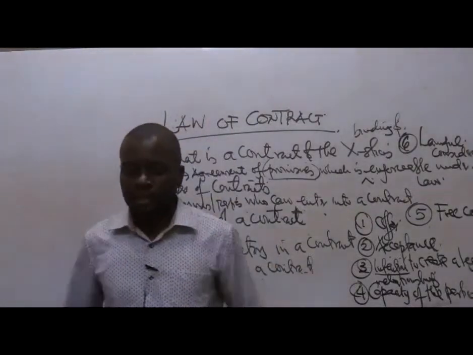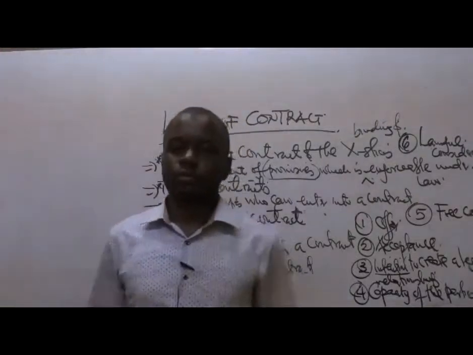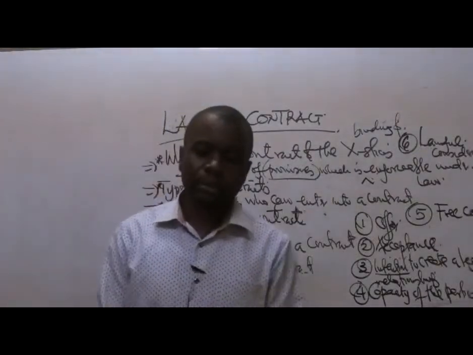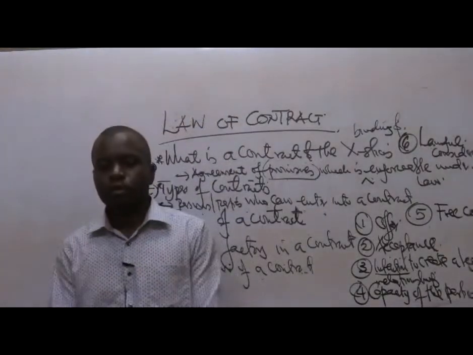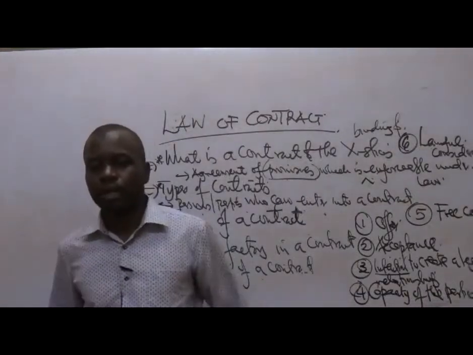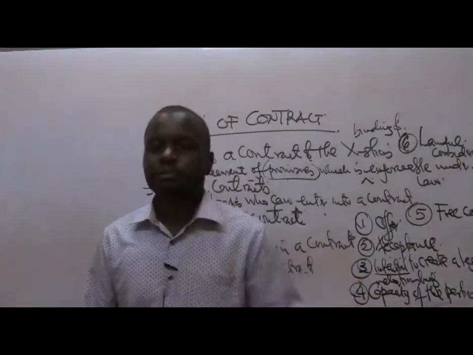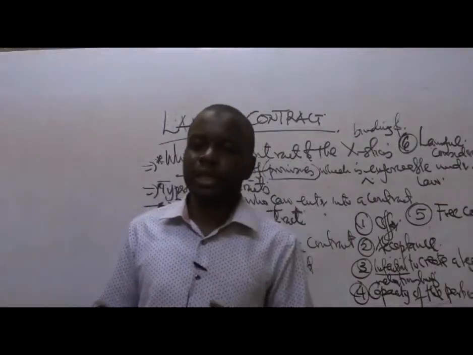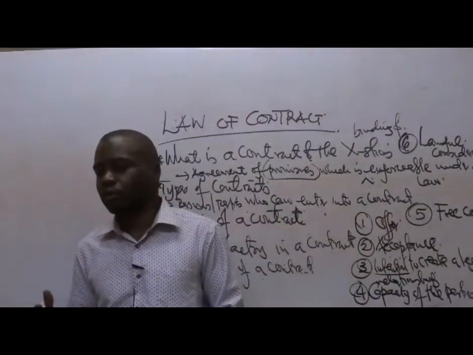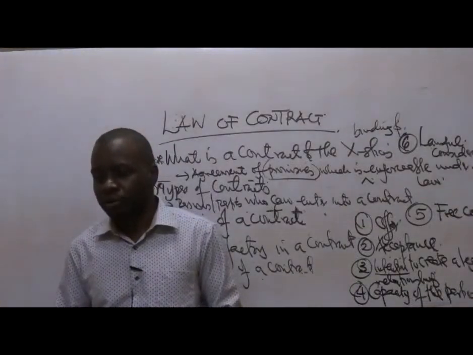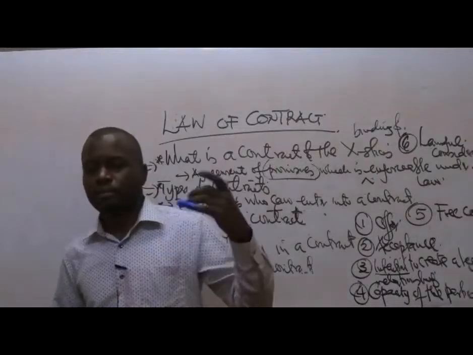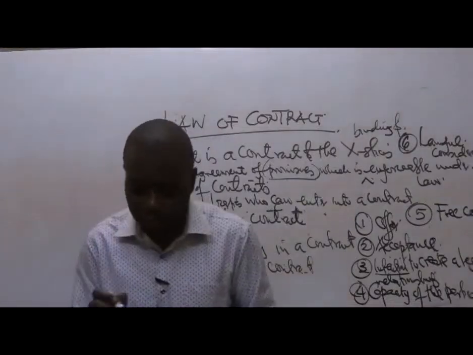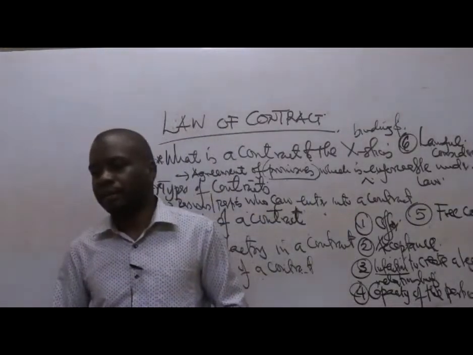So if it is a marriage contract, of course, you know, it is normally a contract between two parties. Till death do us part. So you're going to be husband and wife. Of course, you as the wife or the lady, there's something you are looking at from the other end. So there's a consideration that is being brought in by the man, while also at the other end, the man is looking at you as the lady as something you're also going to offer. So basically, there's a consideration that the wife is looking at from the husband, while also the husband looks at the wife, while they are signing that contract, they have just wedded.